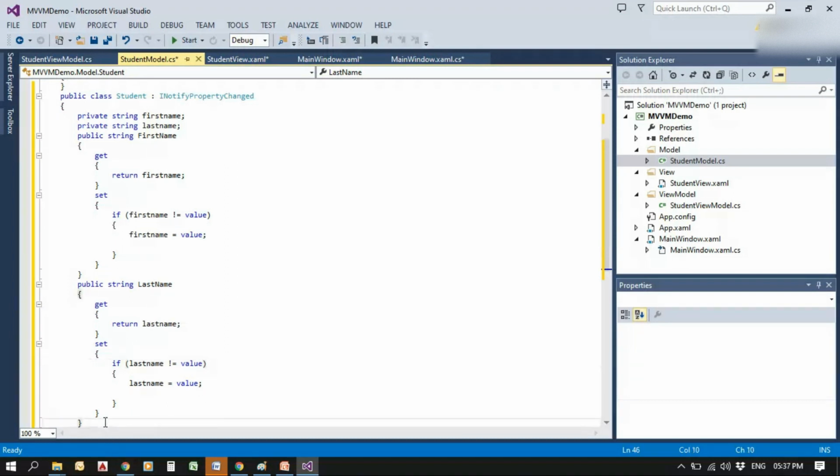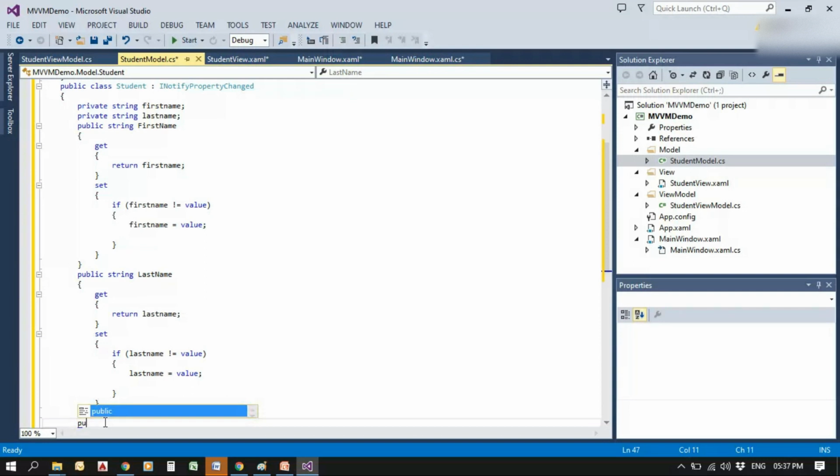Okay, and now we need FullName, which is the concatenation of first name and last name. So inside that we need only the get function, that is we need to get that value only. We don't need to set that value, since we are getting that value from first name and last name.